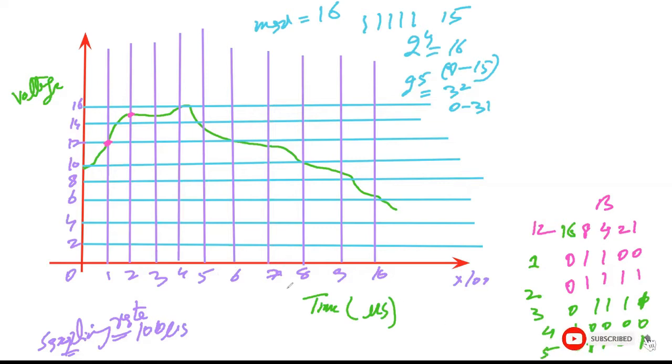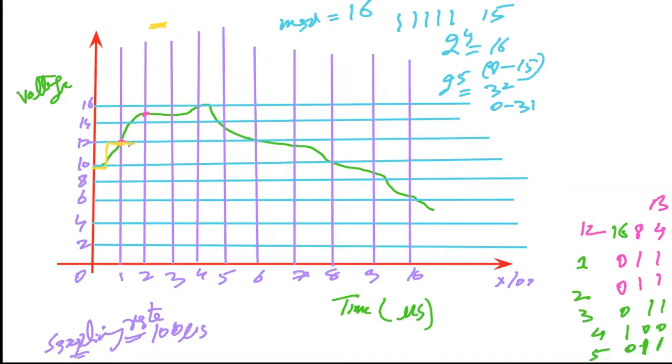Similarly, you will take all the samples like this. Then you will draw the digital graph, and the digital graph will be like this. For this interval, I have a fixed value, which is 12. For this interval, I have a fixed value, which is 10. For another interval, I get a fixed value, which is 14. For the third interval, it will be the same. Then further I will get 16, which will be like this.